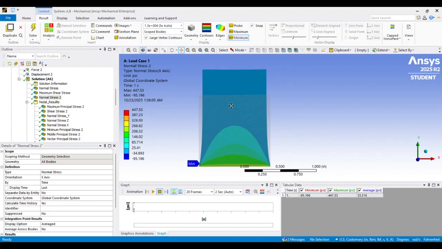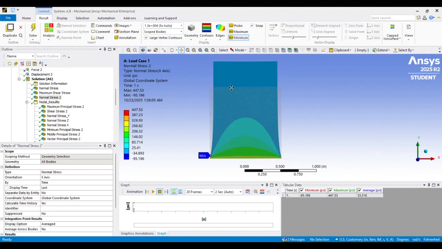So I've created a plot where they're overlaid, and this is really helpful in interpreting part deformation and interpreting your stresses. So in order to get this plot to show both your deformed and your undeformed shape,